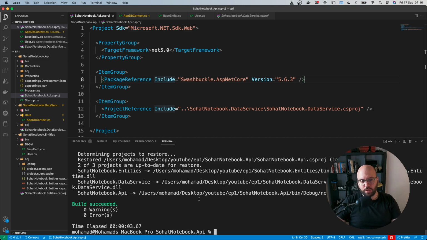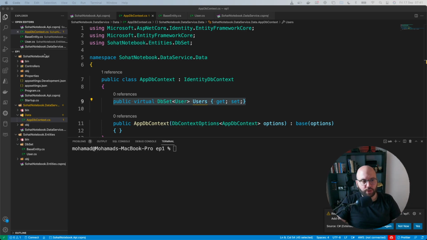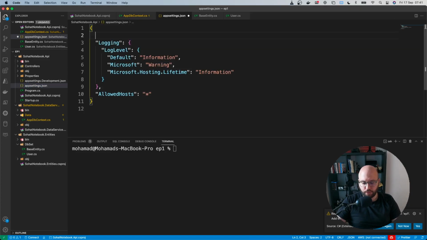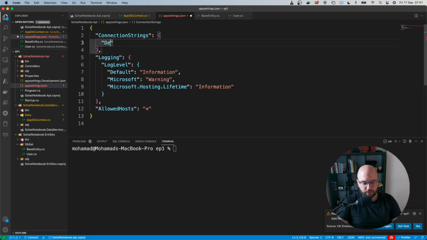So how are we going to do a migration, and how are we going to create this database? First, we need to configure our API in order for it to recognize that there's going to be an application DB context. And once we do that, we need to create a migration script. The first thing we're going to do inside our notebook.api is go to the app settings and add a new connection string. We're going to give the default connection, and we're going to specify where our database is going to live. Because we're going to be using SQLite, we're going to make it inside the same folder that we currently have, and we're going to call it app.db. So it's going to be Data Source equals